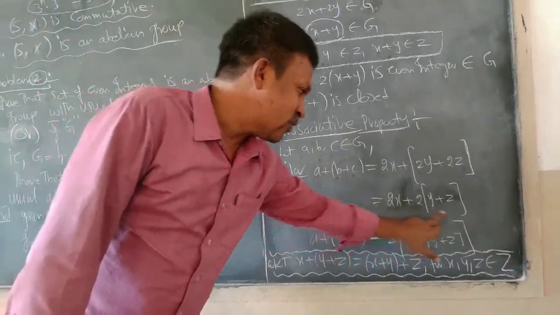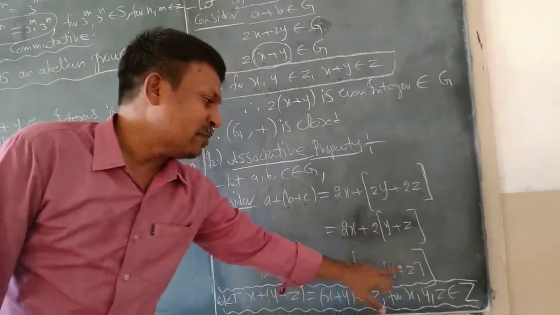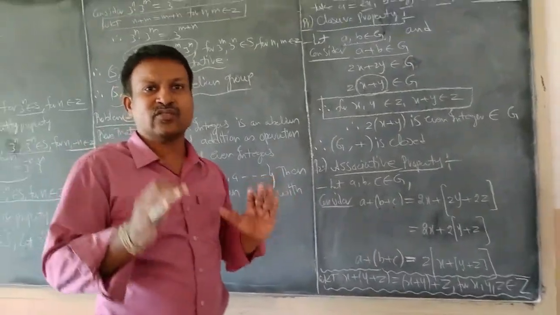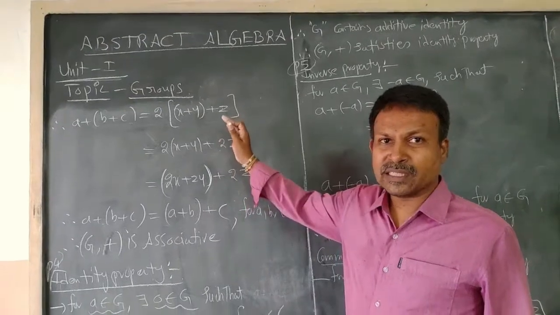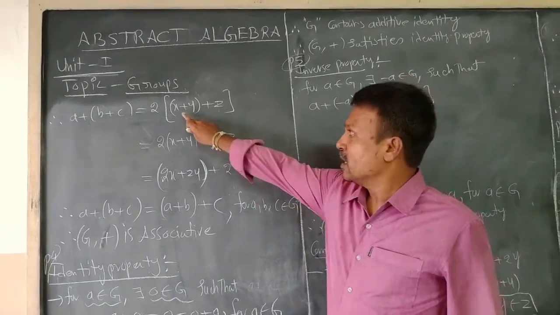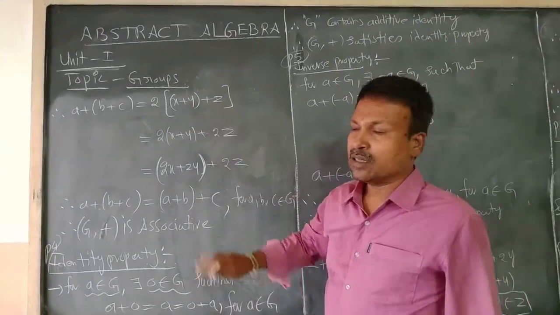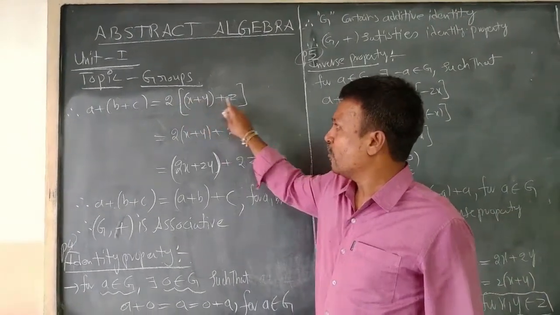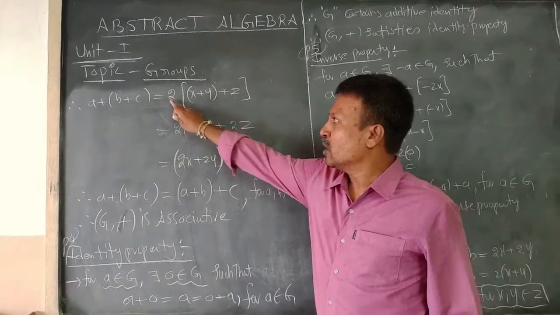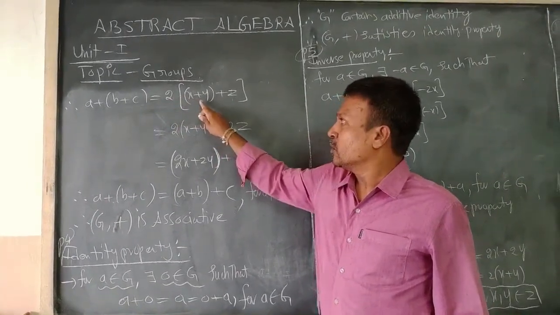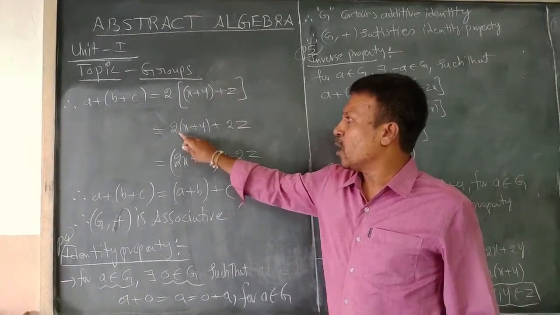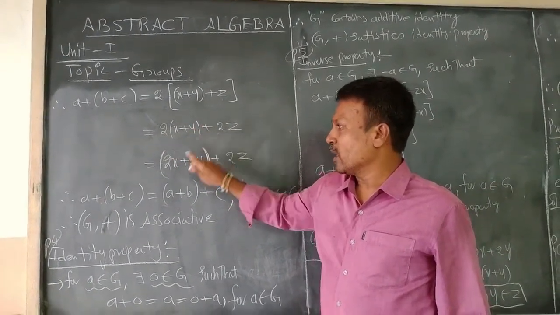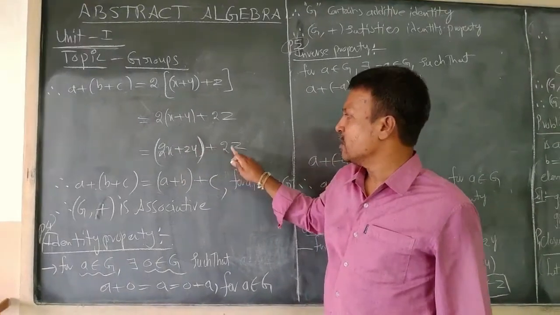So, here in this square brackets, instead of x plus of y plus z, in the next step we have to replace it with x plus y of plus z. By replacing the terms on the right hand side, we get x plus y of plus z. On the whole, on the right hand side, we get 2 into x plus y of plus z. If we distribute this 2 to the first term and next term, we get 2x plus 2y plus 2z.